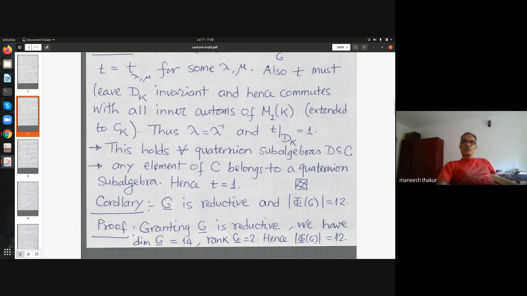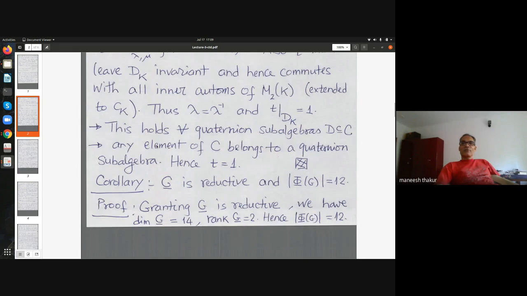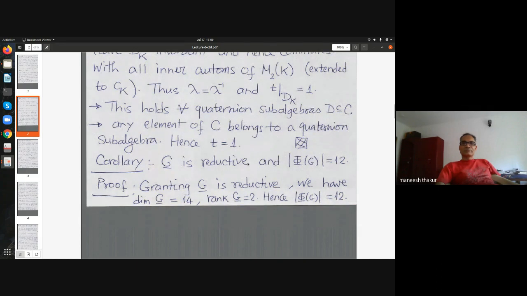If the norm is non-zero, it is either a scalar or it generates a quadratic subfield. So in that case also, by doubling, it follows. So this is quite correct. Therefore, because we have shown T restricted to Dk is identity where D was arbitrary, that shows that T is identity on C itself, because anything embeds in some quaternion algebra. So center is trivial. Okay.